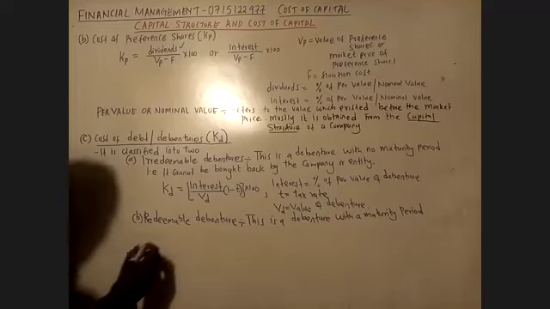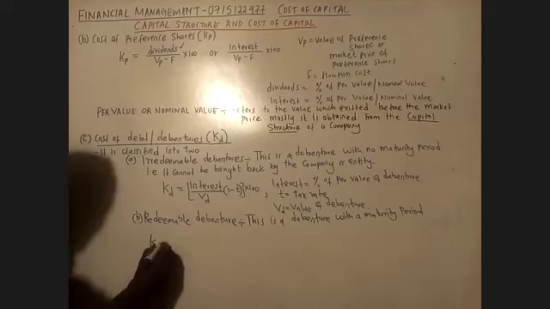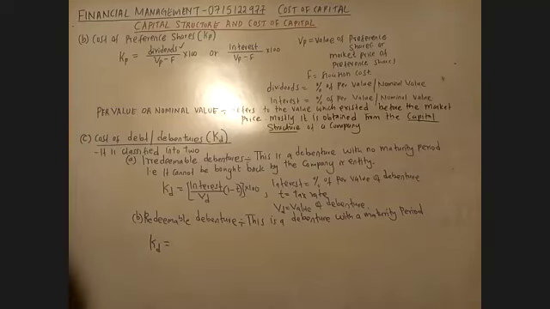How do you get it? KD, the cost of debenture. How do you get that one for this case? So it will be equal to interest